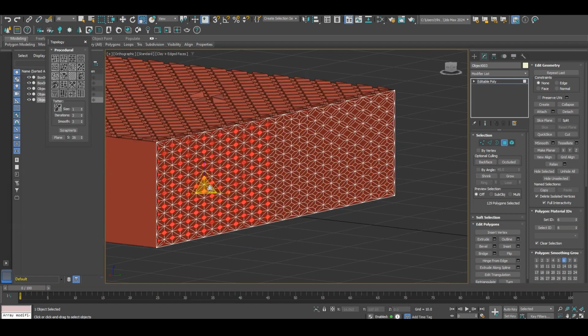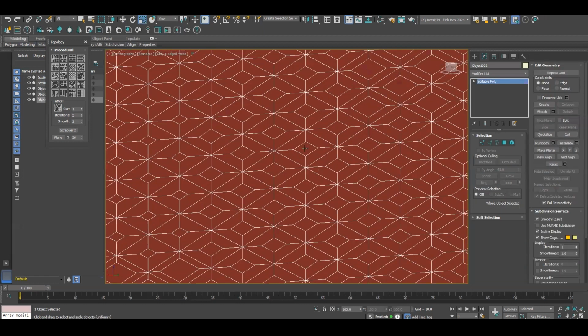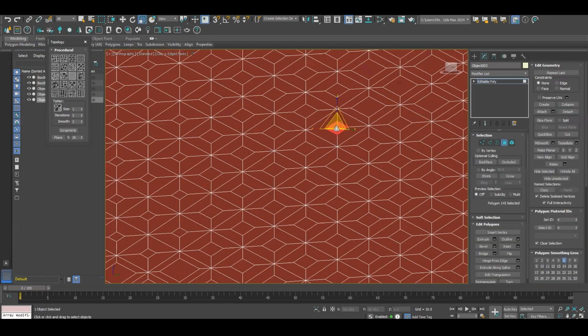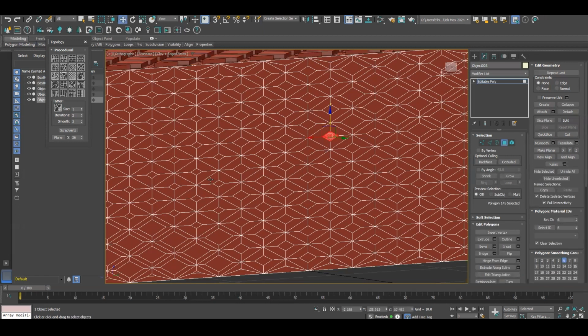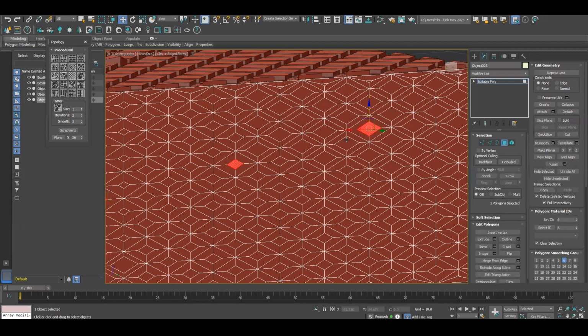Unselect this one, more small. You can change this to bigger again. That's it. So now you can have a new look to it. You see polygons that are this size and polygons that have this size, another one that has bigger ones.